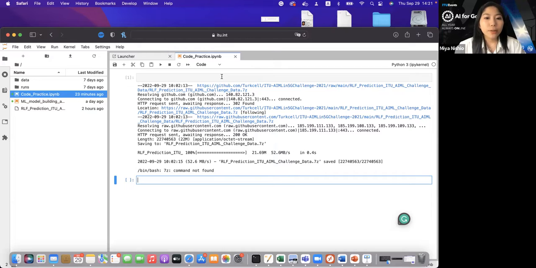Right, so I will begin. We first need to get the data. The getting of the data is actually slightly complicated. I'm going to paste the code, or you can directly copy it from the original notebook as well. We're going to be using this code here. This should download the